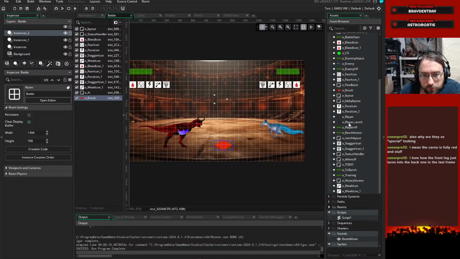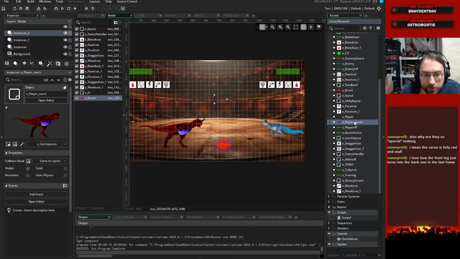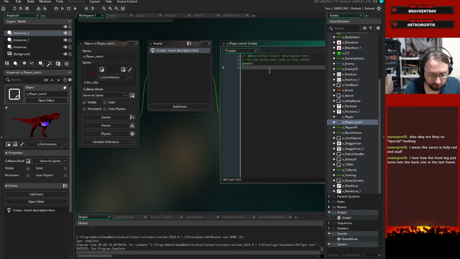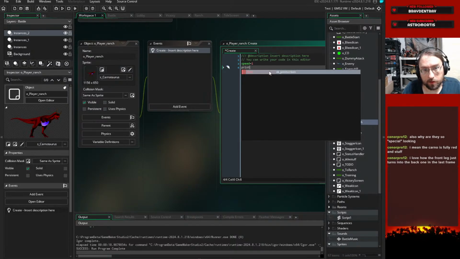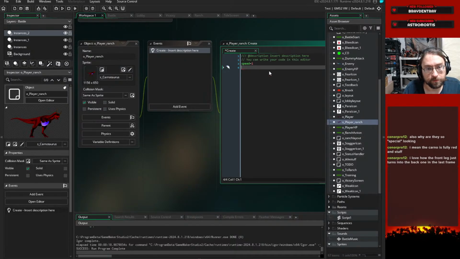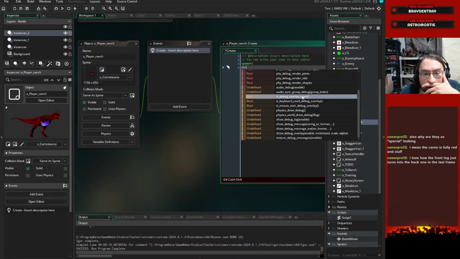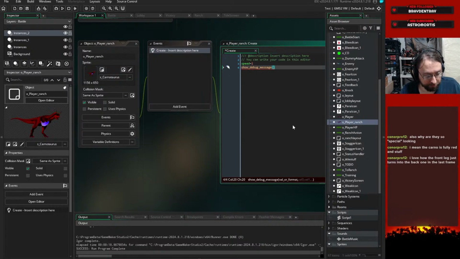So we need to get the x coordinate, which I think we can just do. What the heck is the thing? I forgot. Yeah, show debug message. And we should be able to just do X, and this should just tell us